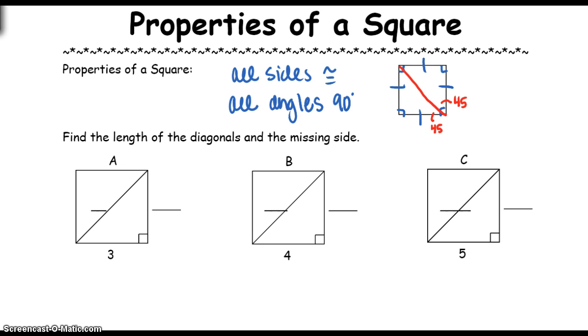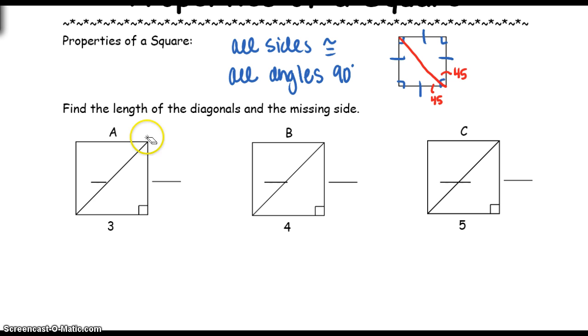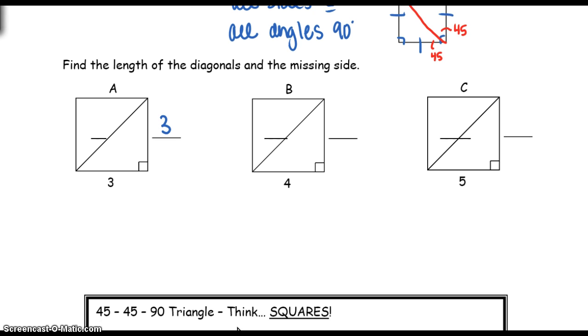But before we get into that, let's go ahead and investigate what happens. I have that right down here. Find the length of the diagonals and the missing side. So a diagonal goes from vertex to vertex. First thing, if this is a square, and this length is 3, then this length must also be 3. And you do know something that you could use to work this out, and it's the Pythagorean